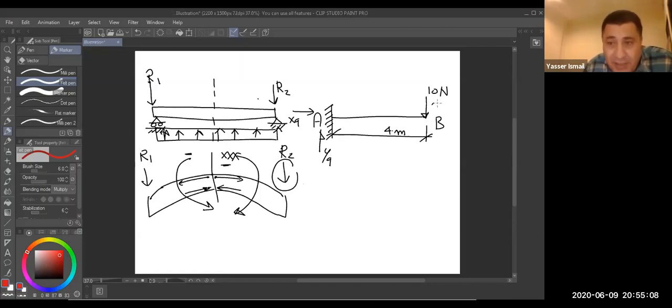See my hand? The force is giving a moment in this direction. Yes or not? Yes. This is a moment now, the action moment. What is the reaction moment that will make zero with this action? For sure, 100% it will be in this direction, because 10 multiplied by 4 is 40. The reaction of this moment should be in the other direction so that the sum is zero. So in this direction, 40.